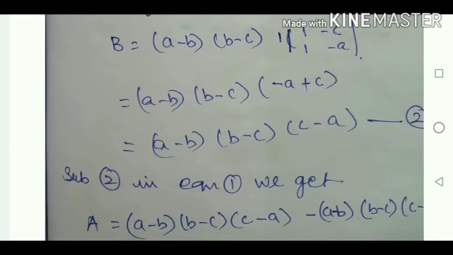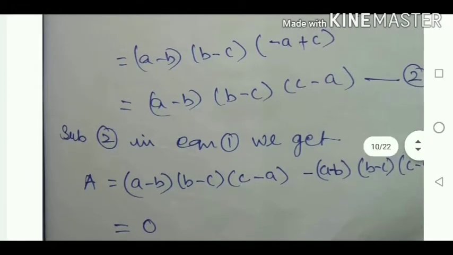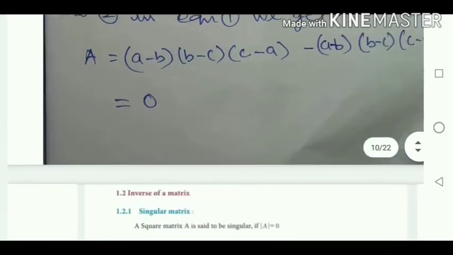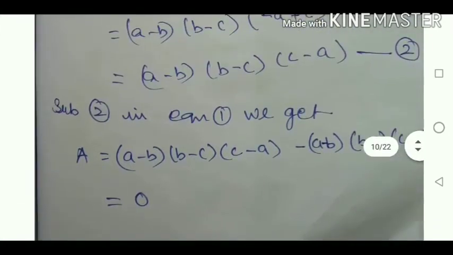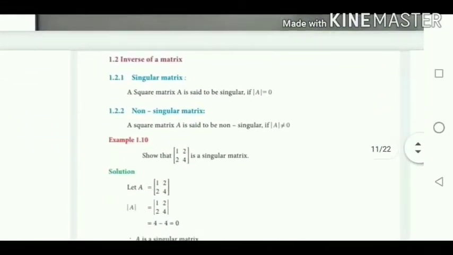Substitute second in equation 1 we get, that is A equal to A minus B, that is first answer and second answer both are same. Therefore if they subtract 2 minus 2 equal to 0, likewise here both the answers are equal. So if you subtract it, you are getting the answer 0. Okay, so this is the way you have to find the value by way of simplifying the row, that is using the property. Now we are going to see about inverse of matrix, the next topic.